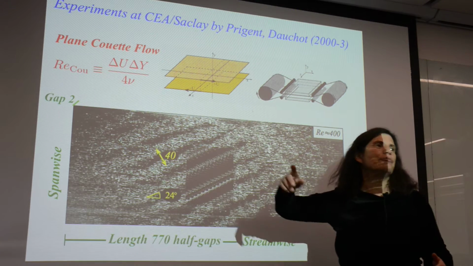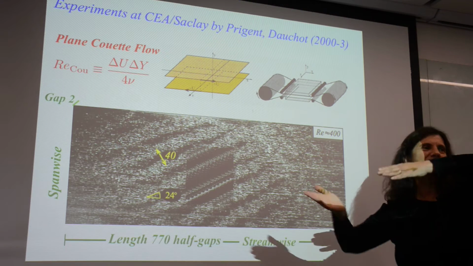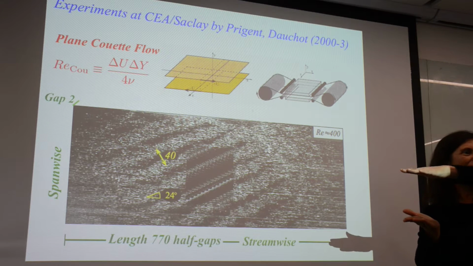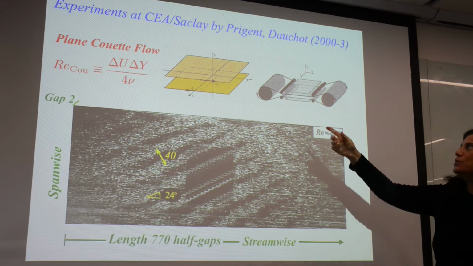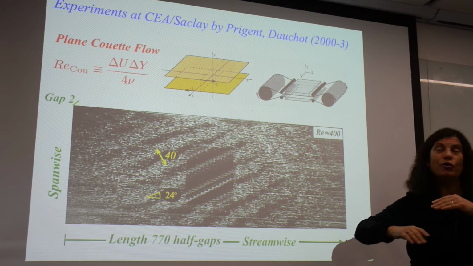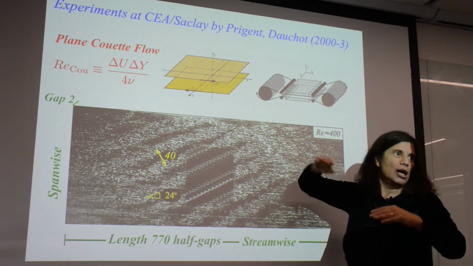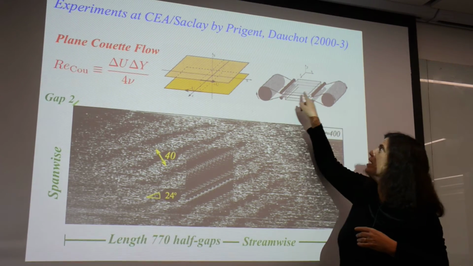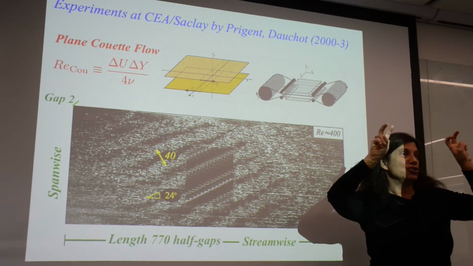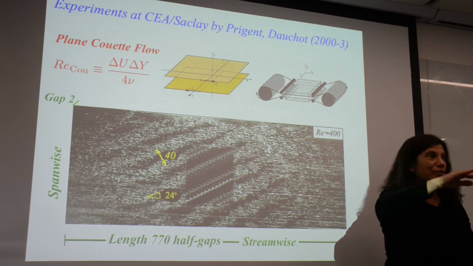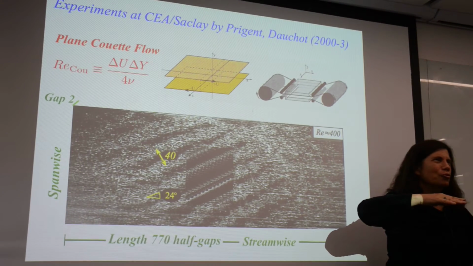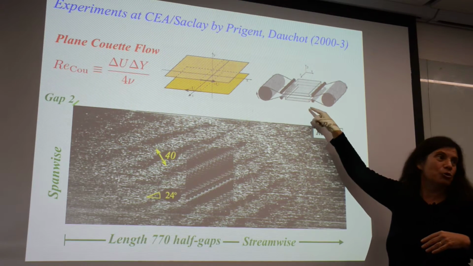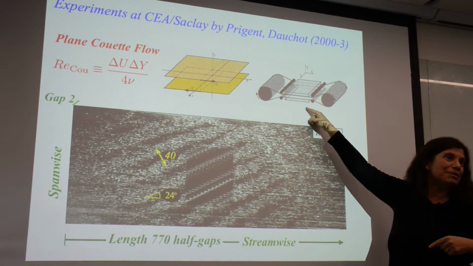This is a plane Couette flow apparatus. Of course, I've been making motions as though you can move plates like this. You can imagine it's difficult to take very big plates, keep them exactly parallel, and move them and make it big. What they do is something simpler, which is they have plates that don't move, and what they have is a very thin film, an infinite belt, you see, that's moving. So although the plates aren't moving, you can say that the surface of the plate is moving, since that film, imagine saran wrap or something a little more rigid, is being made to move. So this is how they make their plane Couette flow. So they don't move the plates, they move the film.